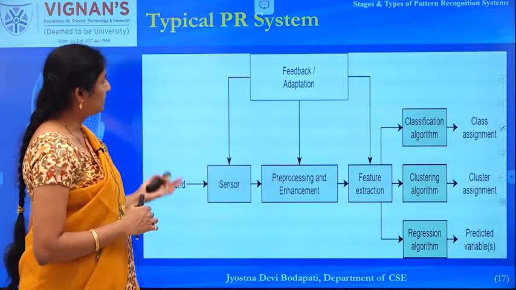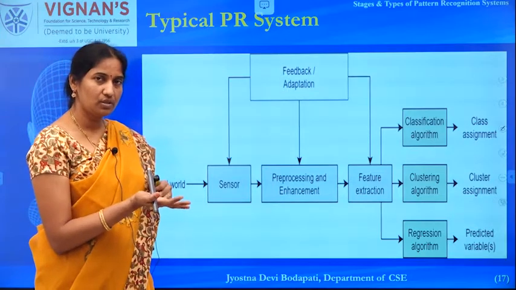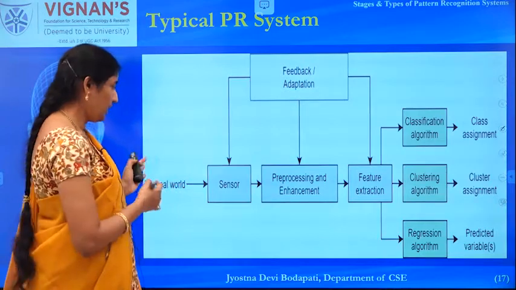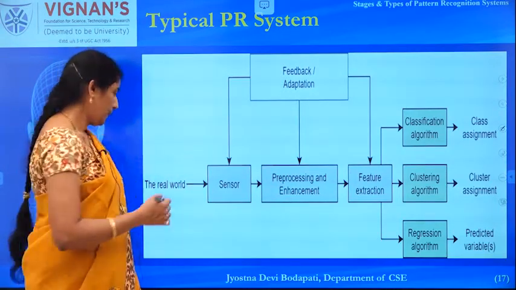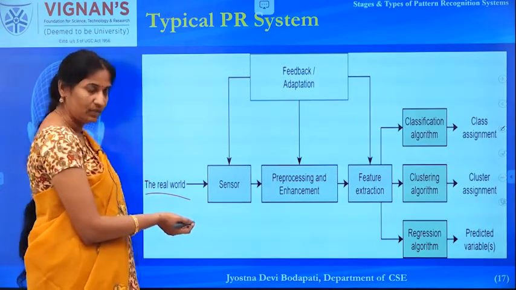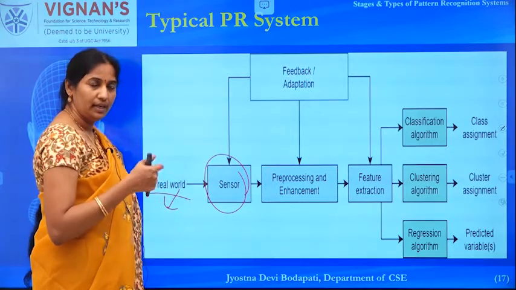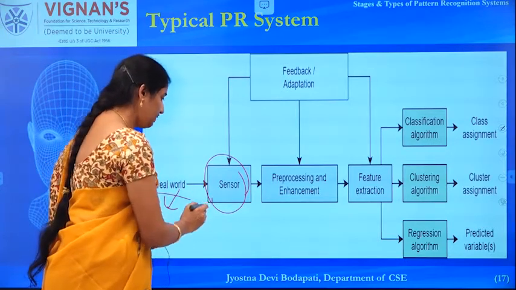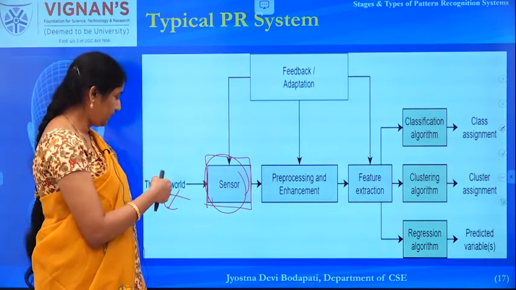So now consider this typical pattern recognition system. How does a typical pattern recognition system work? That example itself gives a clear understanding. So now let's see in detail how the pattern recognition system works. From the real world, you need to collect the data, right. And depending on the type of application, you need to use different machines, so the data